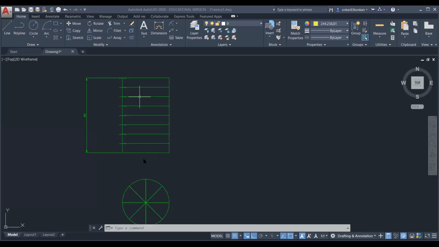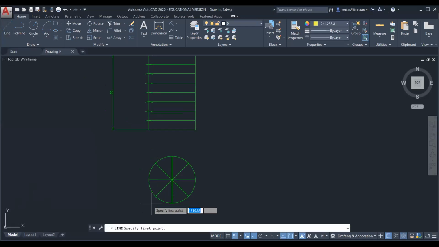So after this, give the names in the top view.